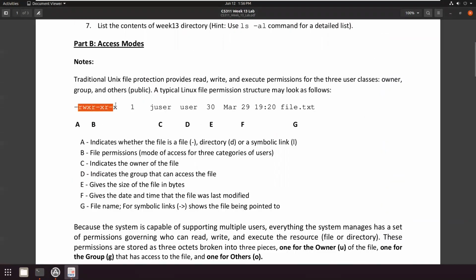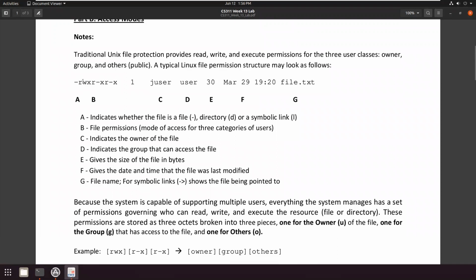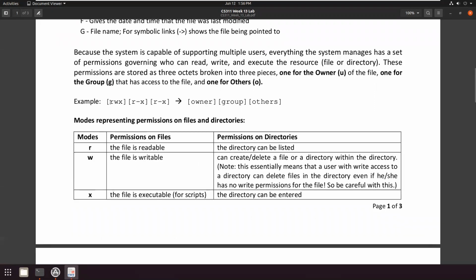So for this permission part, how do we actually assign the permissions, and how do we decide which letters or characters to write? Now this string over here is divided into three parts according to the owner, the group, and the others, and they are grouped in sets of three. So the first three letters refer to the permission that the owner has on this particular file or folder. The next set of three letters indicates the permission that the group has, and the last three letters indicate the permission that the other users have.